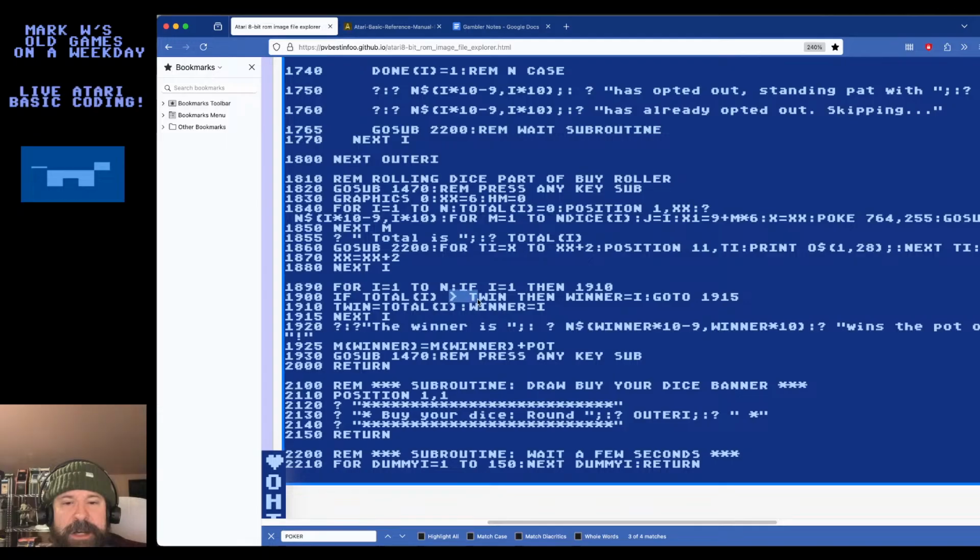And again, we're not handling ties properly for now, but I don't care. I just need to get something working. I need to go to bed with something that feels satisfying. Can you do less than or equal to like that? I would assume so. Less than or equal to twin, then we're going to go to 1915. So basically do nothing if it's not greater than the current leading winner. Current leader, essentially. Just go to the next iteration. But yeah, this should do it.